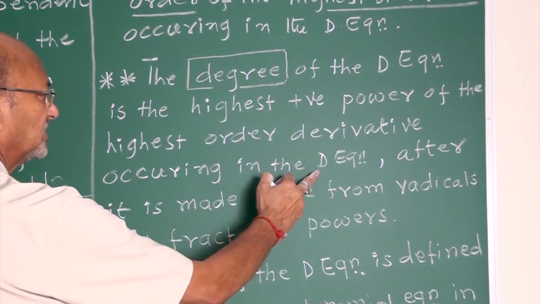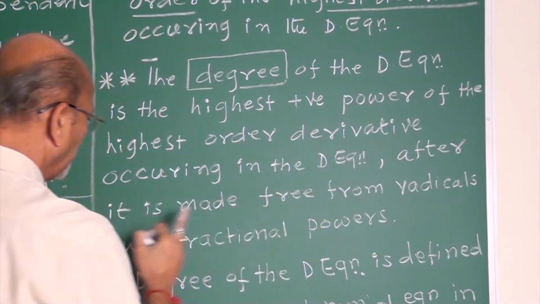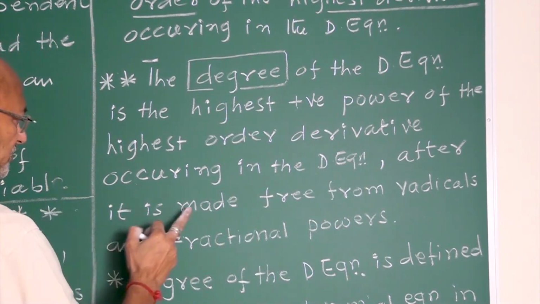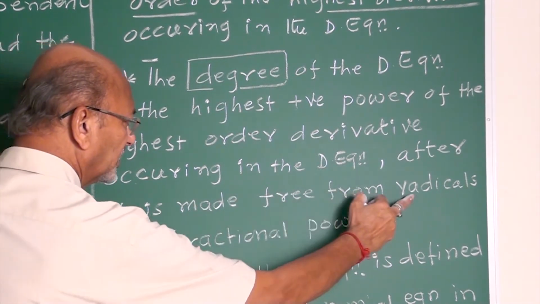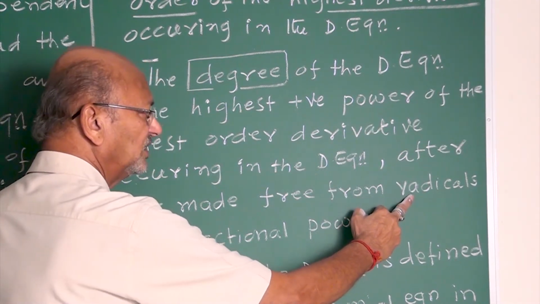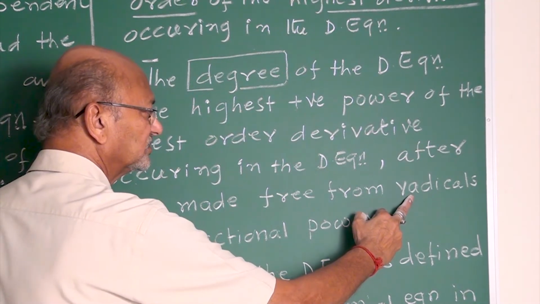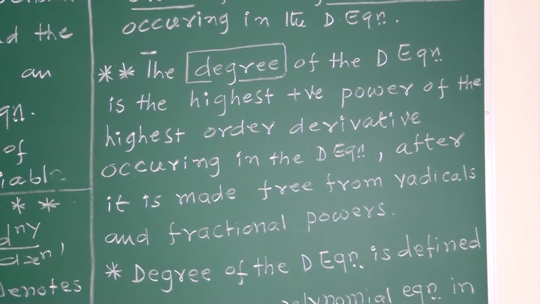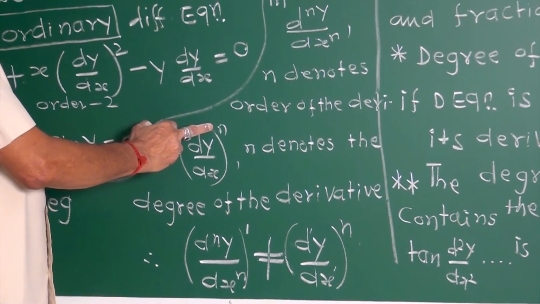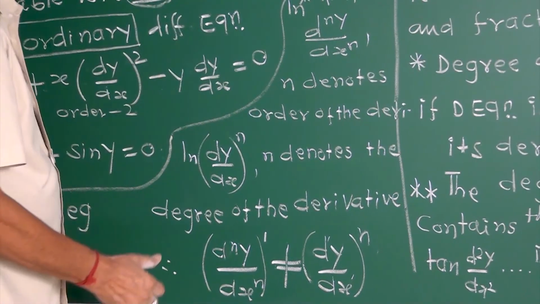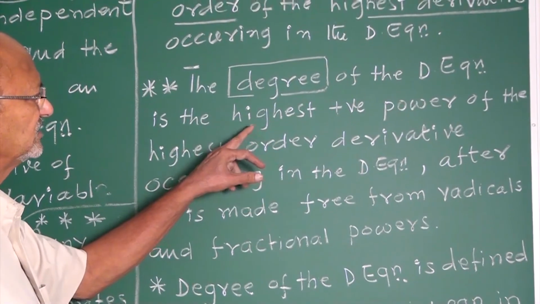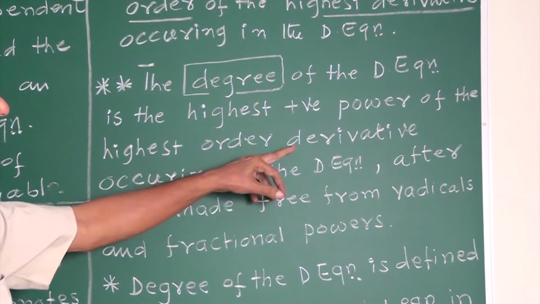Appear in the differential equation after it is made free from radical signs. Radical signs means square root, cube root, like this. Radicals and fractional power. This n should not be a fraction, like 1 by 2, 3 by 2, or cube root. While writing the degree of a differential equation,